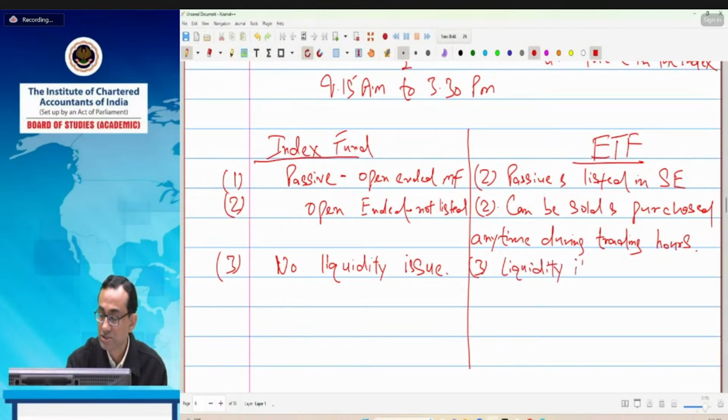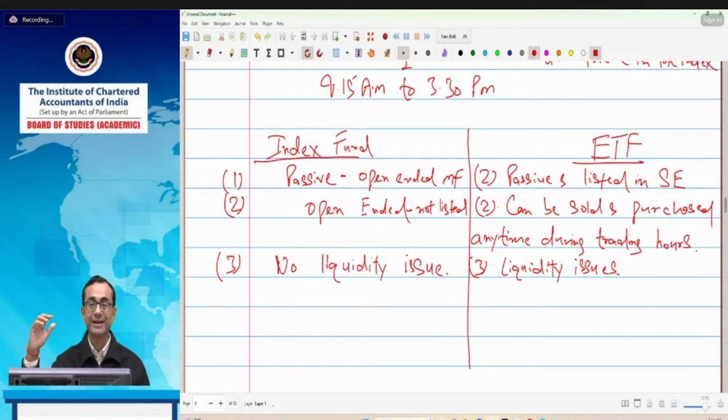It is noticed that there are liquidity issues. The reason is that, in spite of the fact that exchange traded funds are listed in the stock exchange, and trading is going on in the ETFs, and you can sell and purchase anytime during the market hours, that is between 9:15 a.m. to 3:30 p.m., right? But